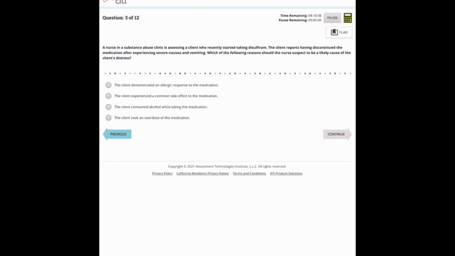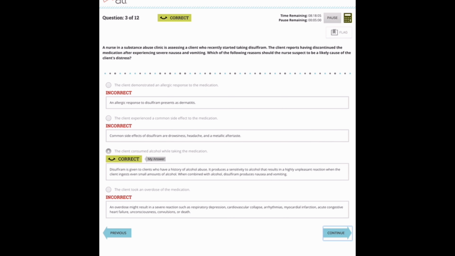But here, let's see. I don't know. I think that's the answer. But anyway, so you see how we were able to get this question correct. So then I read, okay, why was it correct? I still read why it was correct, but I'm also going to come up here and read why those other answers were incorrect. Okay? And that helps so much because although you have a portion of it correct later on,